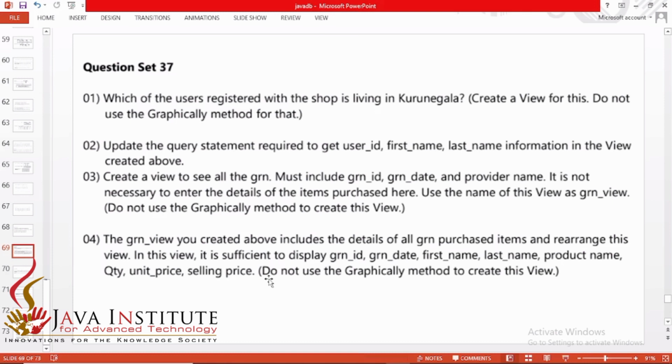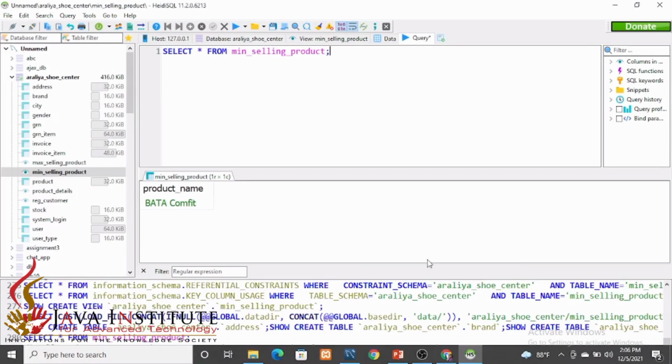So here in this question also we have to answer 4 sub questions, and this question is also based on the scenario I explained in my 31st video. From the 31st video onward we are answering the questions related to the scenario, Earlier Shoe Center. Okay, I'll show you the database here with usage of this SQL Server.